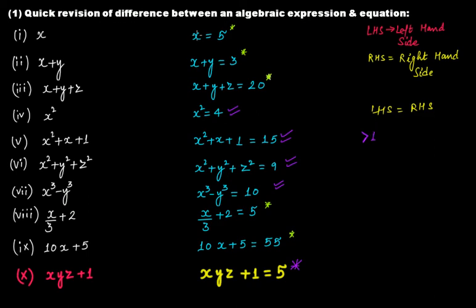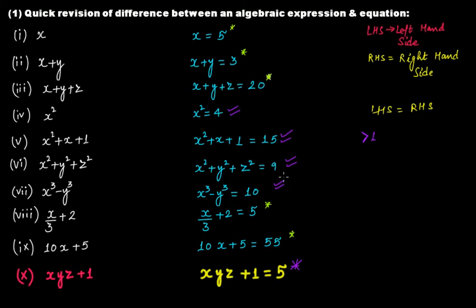Here you can see x has the exponent 1, x has the exponent 1, y has the exponent 1, x has the exponent 1, y has 1, z has 1. Here x has the exponent 1, here x has the exponent 1. Therefore, whenever